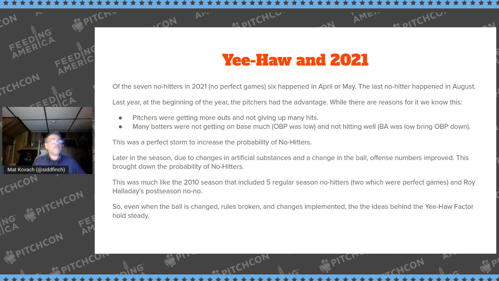Now, if we look at the model we created by looking at the percentages of outs and hits that a pitcher faces, as the on-base percentage and the batting averages go down, that is going to be the perfect storm for no-hitters. Okay, fine, you might walk a lot of guys. We'll have some hit by pitches. We get some of the errors, and so on and so forth. But the main ways you get a no-hitter, our pitchers were doing very, very well, and our batters were doing very, very badly.